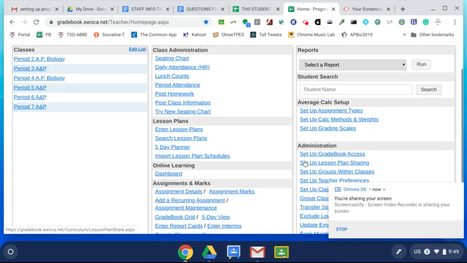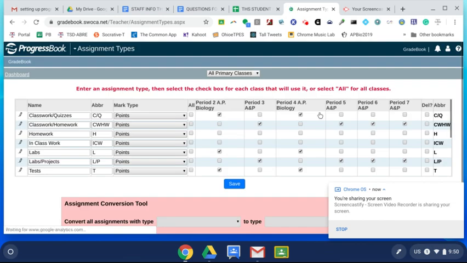Okay, so in setting up our progress book here to calculate our new system of grading, you can see all my classes are over here. I want to go over to set up assignment types. When I set up assignment types, you can see the assignments that I've already entered in, and these were the